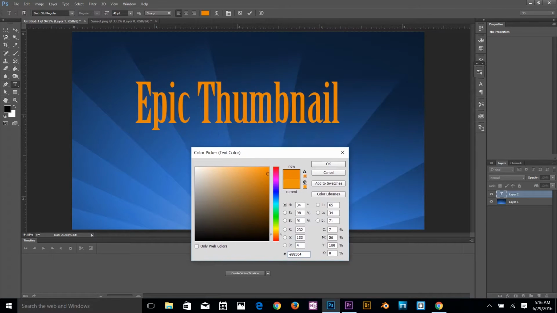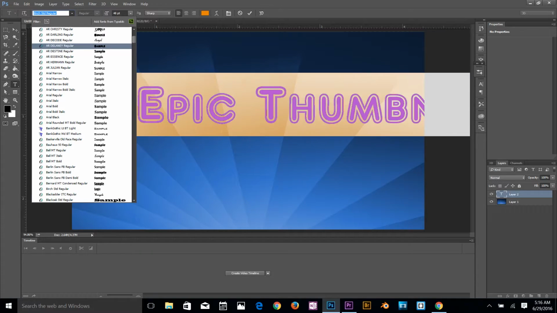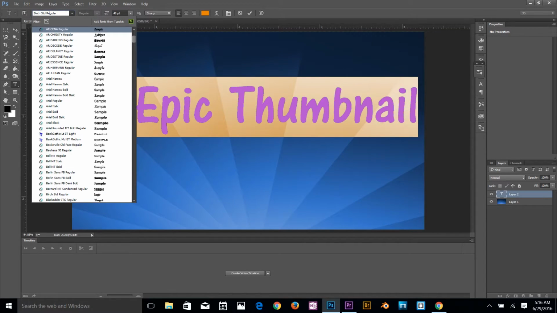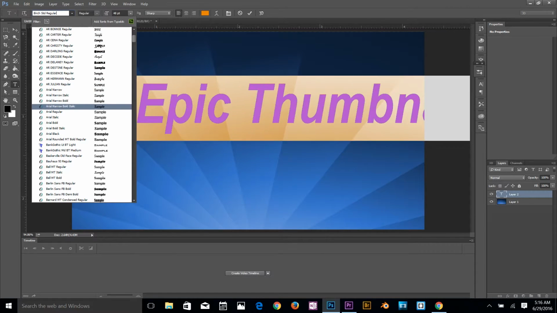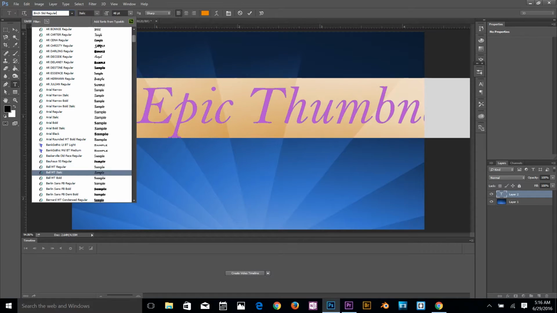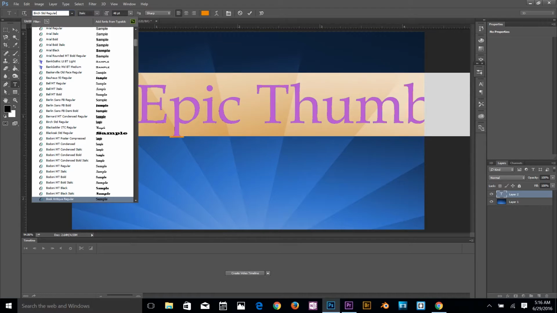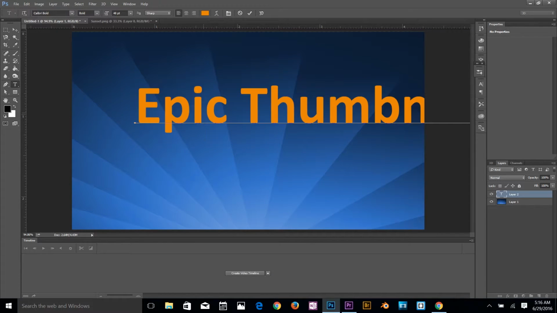Yep, and then click OK, and then here you can select the text again and go to your font style, click on it, and then here you can use your arrow on the keyboard to go through every single font available in your PC. You can download fonts as well online, so you need to search for that. Just search it in Google and you'll be fine. So let me find some nice font. Alright, that's fine. Click it bold, and then I'm going to select this move tool, and then I'm going to bring that